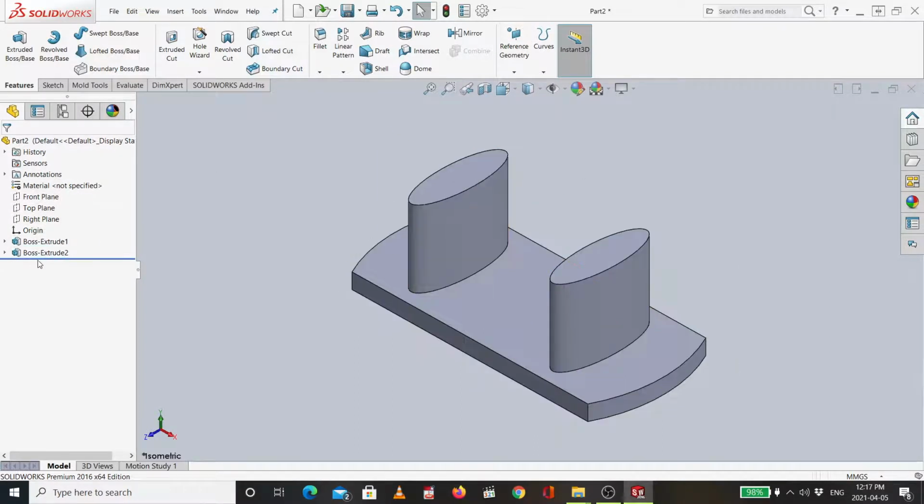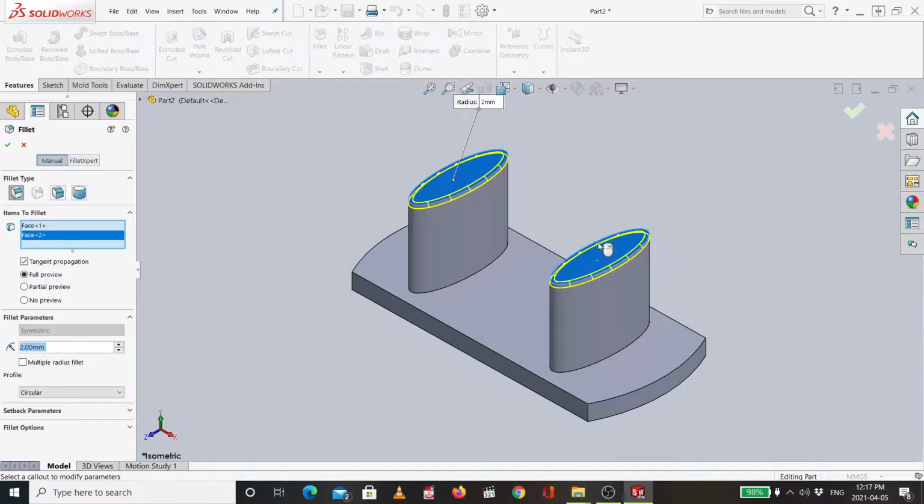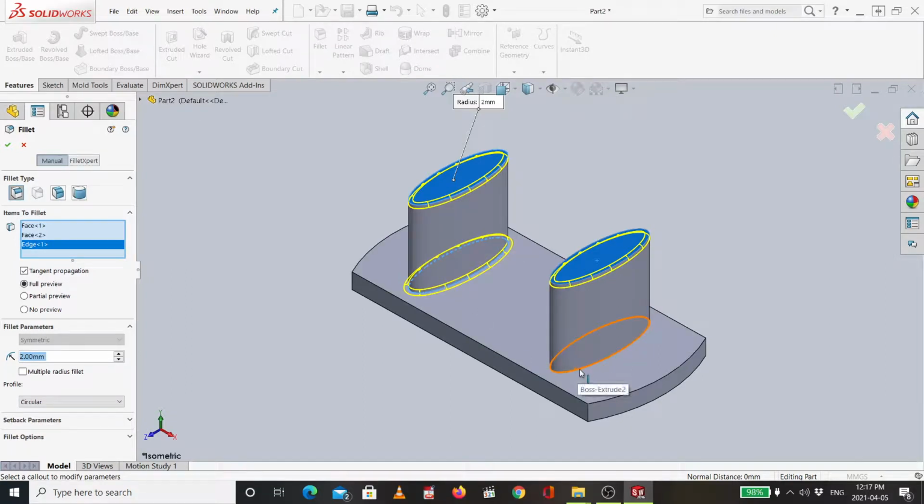So make sure that this is all done. The line is here, the line is here, the line is here. Then we go to feature, fillet, and then full preview here. Then I will choose 2 millimeter, the radius. Then now I will teach you how to make the radius for the plane. So if you push here, this I will go for fillet for all the plane. So look, all the plane together. I push this one, all the plane together. Then this one, all the contour,